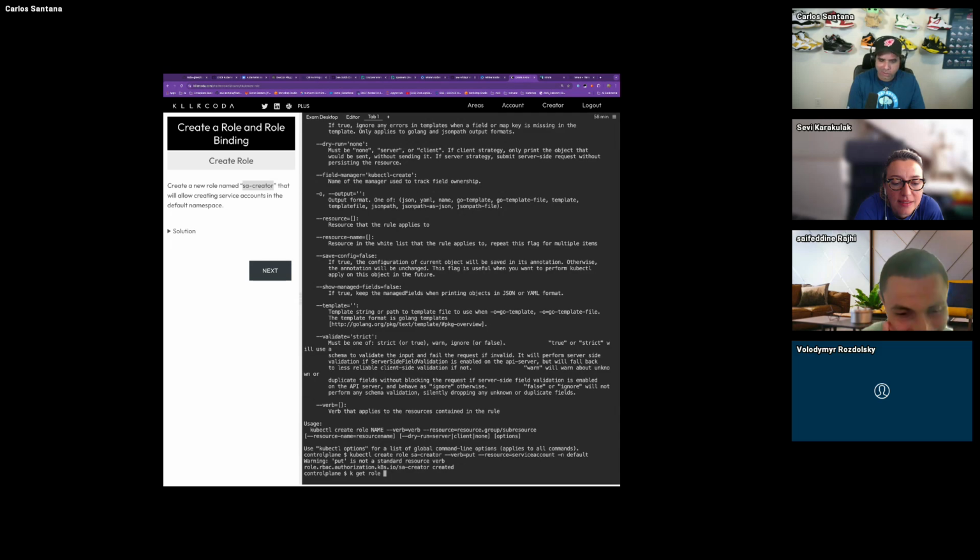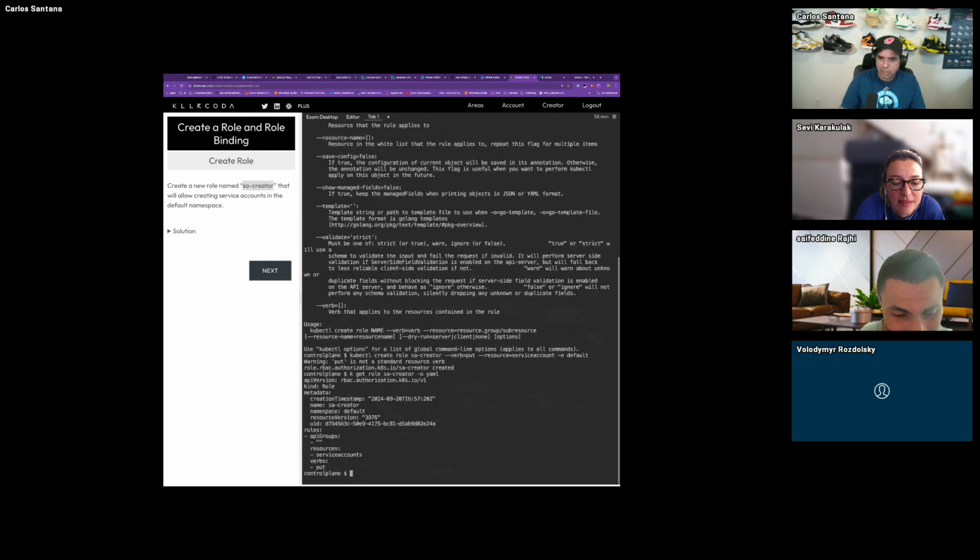Get role, what do we call it? SA creator -o YAML. I think it puts whatever string you give it, right? It gives a warning. So I think it's create. So let's create it with create. But it might not be correct in the